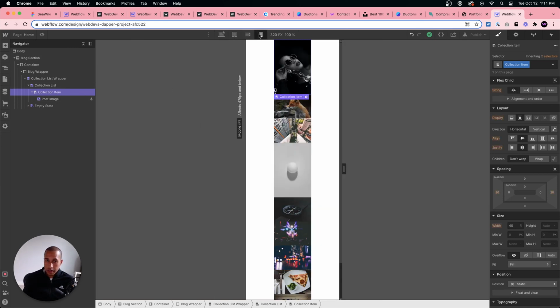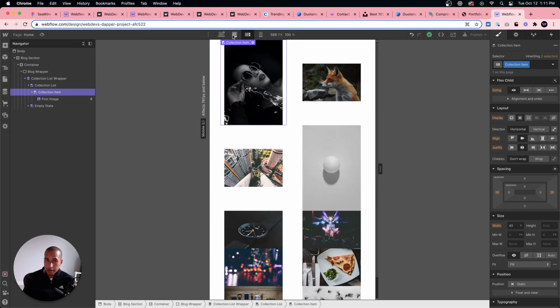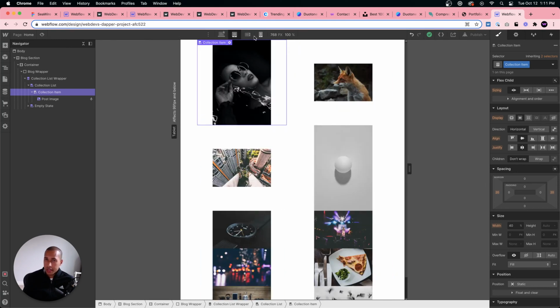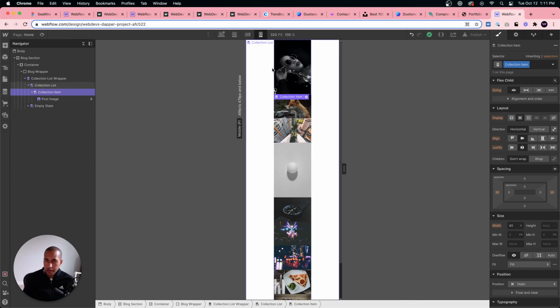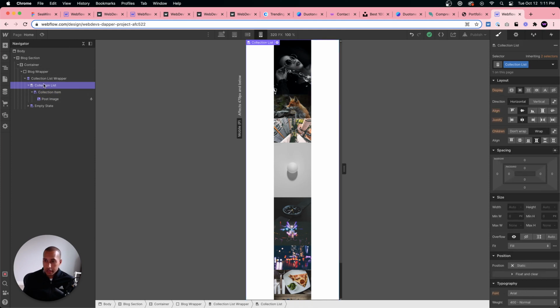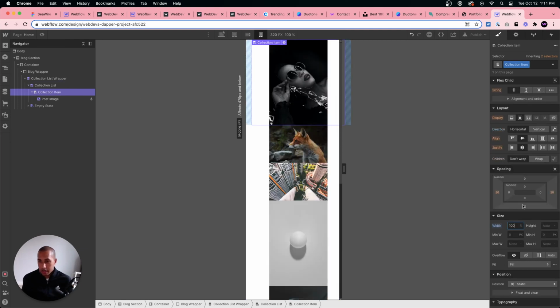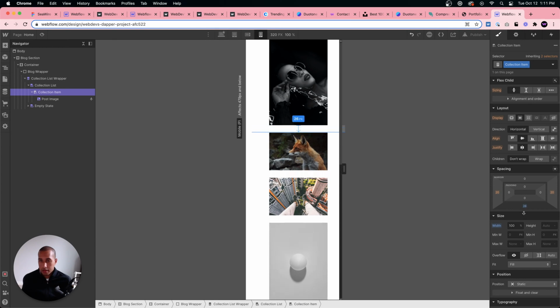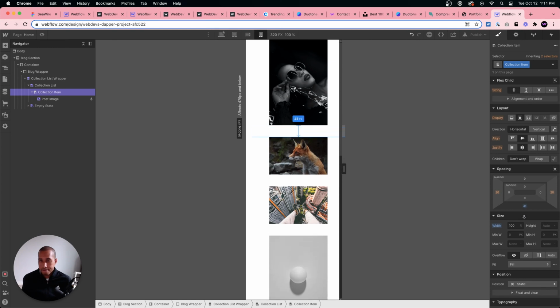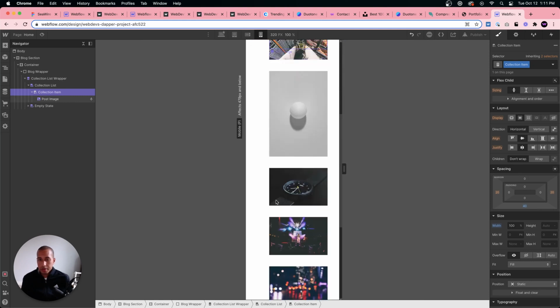You can see it gets smaller on different devices, and then when you get to mobile, for the collection list, just set it to vertical, and the collection item set it to 100%, and then add some margin at the bottom like that, and you could have all your blog posts this way.